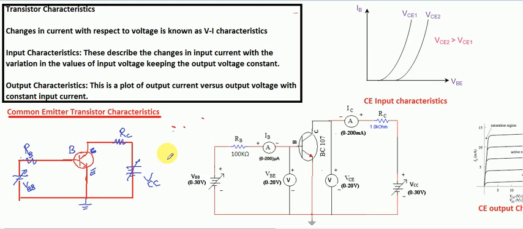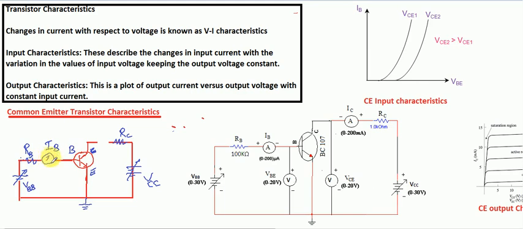Now characteristics means the variation of voltage with the current. So we must know what the voltage and current are in input and output. In order to know the voltage and current, we need some devices there. So the next step is to connect some devices. Let us see what the devices are. In order to measure the current, we need to connect an ammeter here, right? In the base circuit we need an ammeter, and here also we need an ammeter. So there is an ammeter here that measures IB.